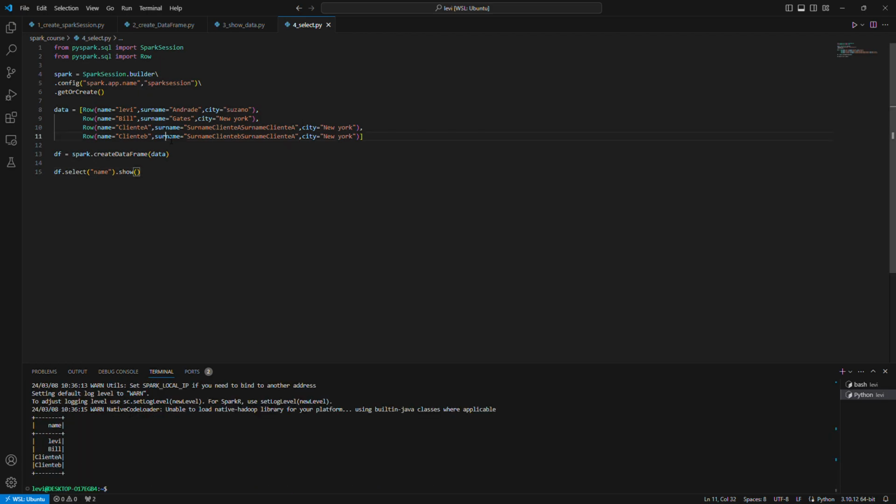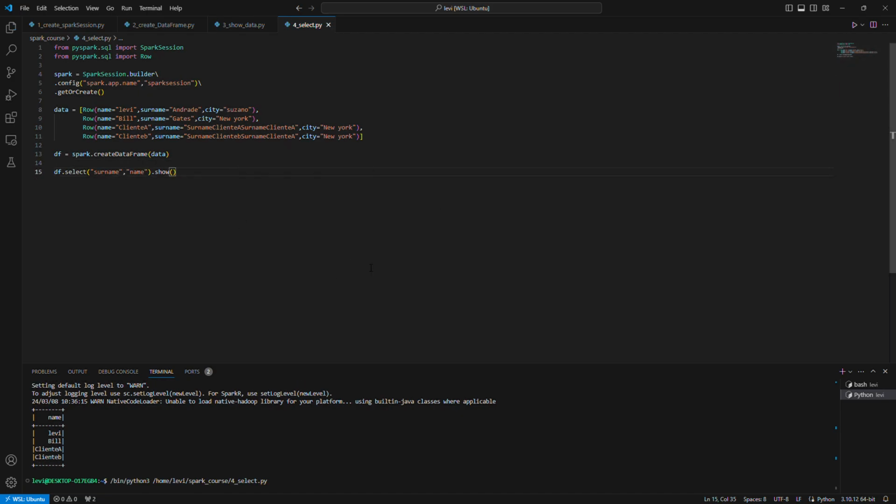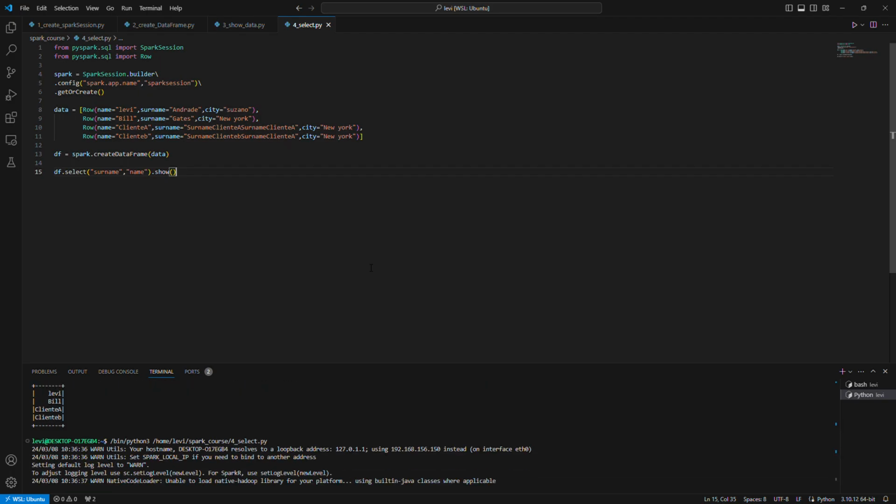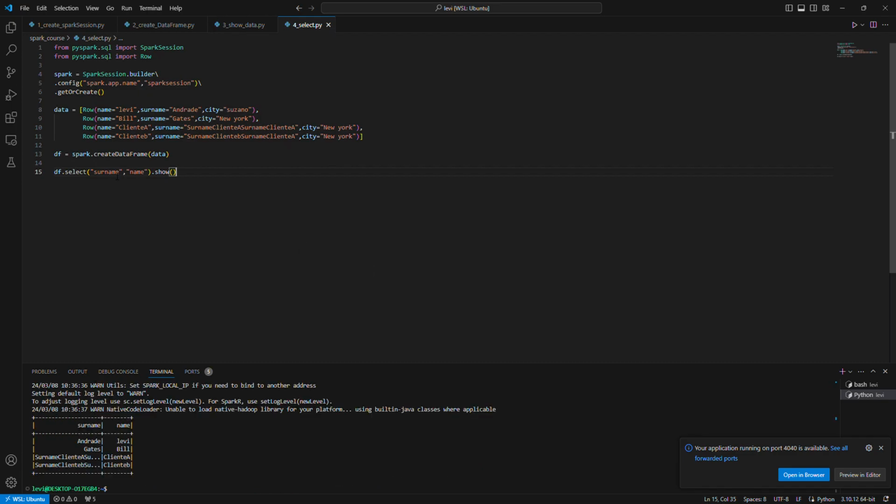Okay, as in select in SQL, you can also change the position. You don't need to follow a specific order to select these columns. So in the order you put here, you're going to receive the return of this information in the order that you ask. Okay,